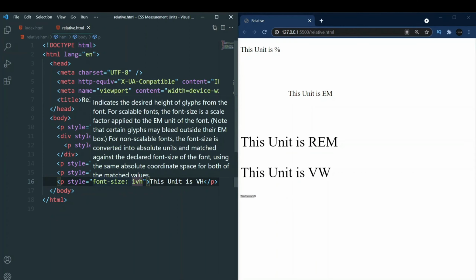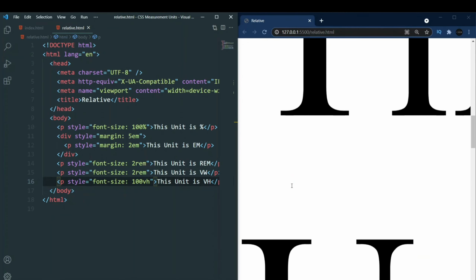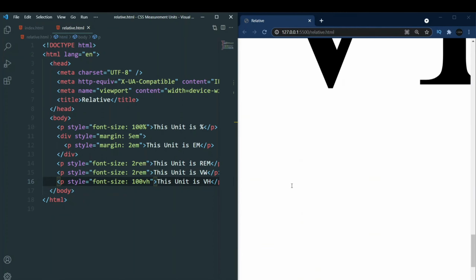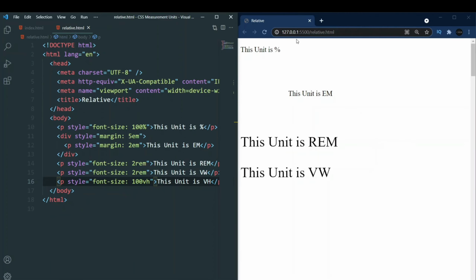If I write 100 VH, you can see it covers the entire viewport height. Viewport means this complete screen, this height that is visible to us is 100 VH. Viewport means whatever you're seeing on the screen right now. So we'll do 10 VH over here.